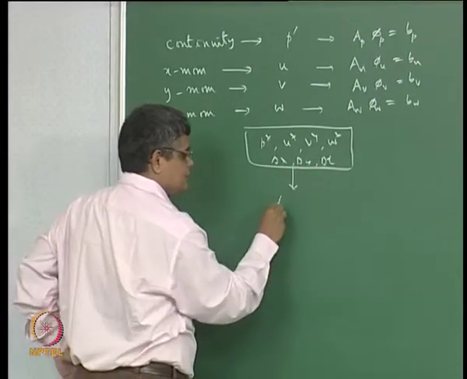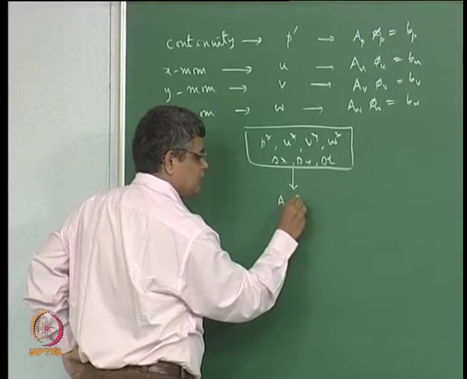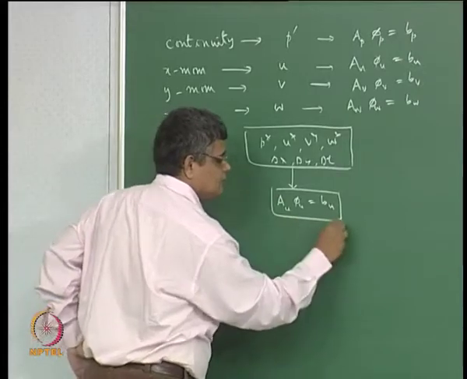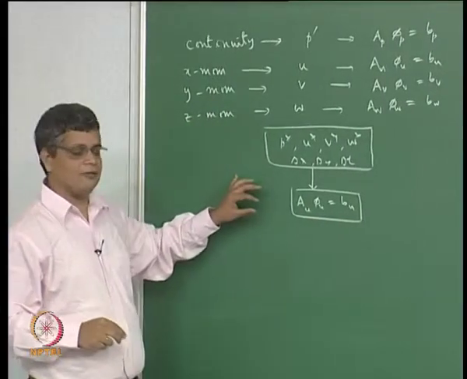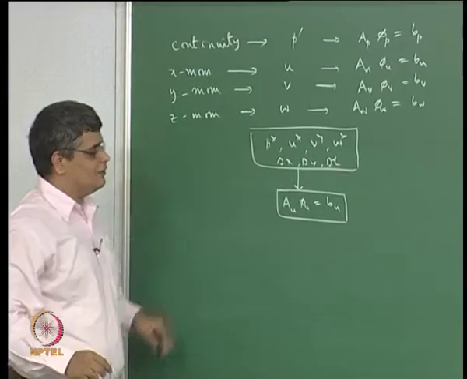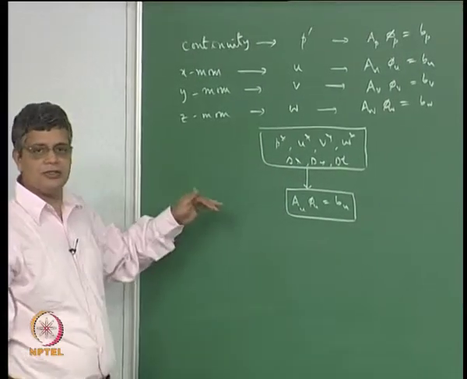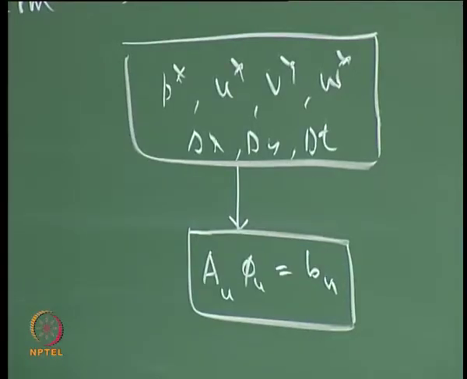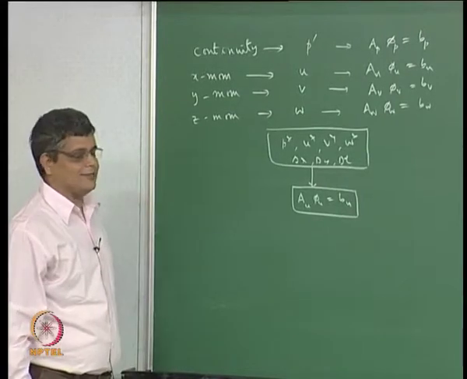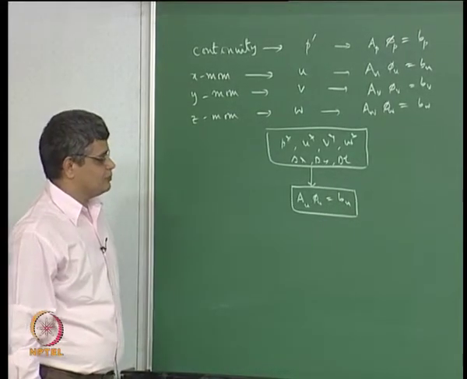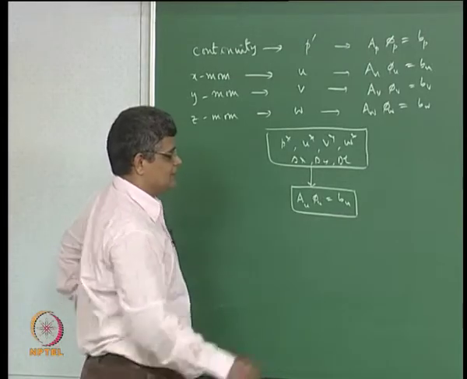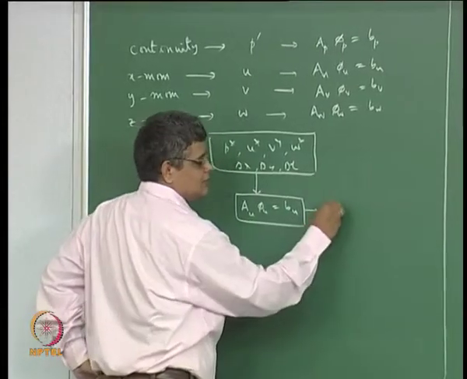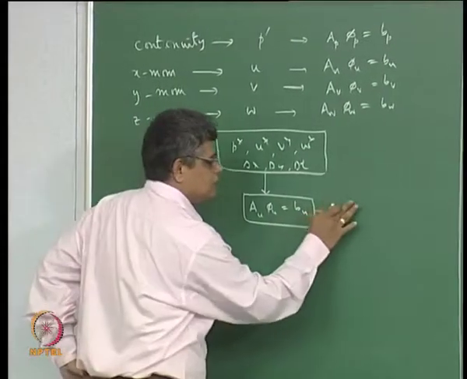and we use this to solve AU phi u equal to BU using an iterative method, for example the Gauss-Seidel method, for a certain number of iterations to reduce a residual to a reasonably low value, for example by 3 decades, by 3 decimal places, something like that. So we solve this to get U star, okay, or U nu